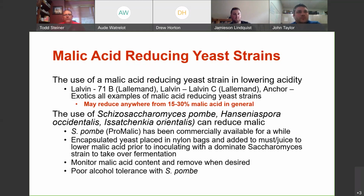We've heard about Schizosaccharomyces pombe, which is a yeast encapsulated in alginate, otherwise known as Promalic. That's been effective in reducing malic acid, where we add that in a nylon bag. And here's where I would say it's beneficial or critical to know your malic acid content and monitor that over some time while that's submerged in the juice or must. And then when we see a reduction of malic acid that we're pleased with, then we would want to remove that and add a desired Saccharomyces commercial strain that will take over or dominate that fermentation